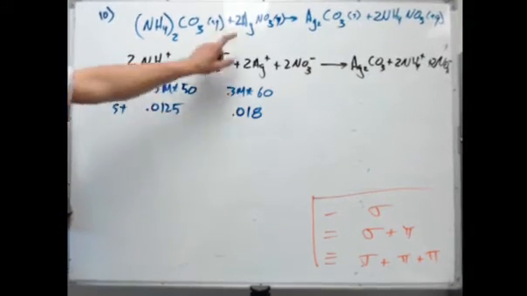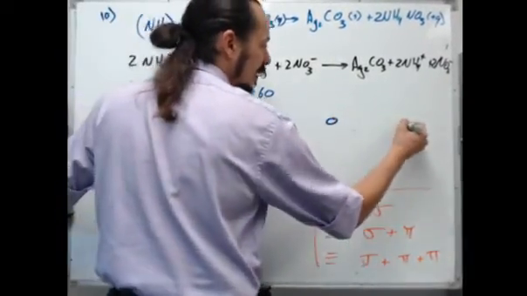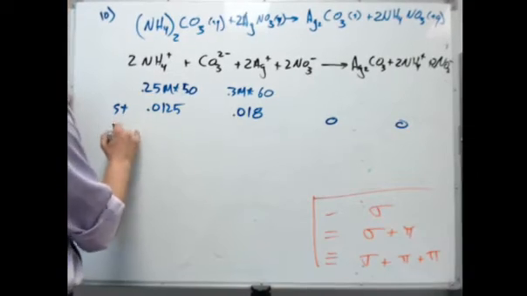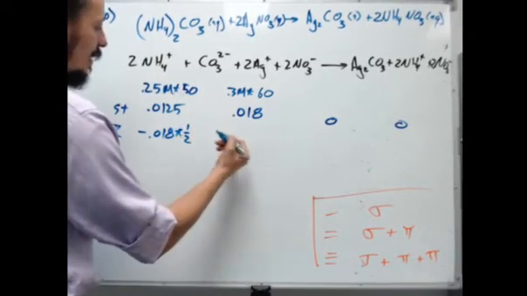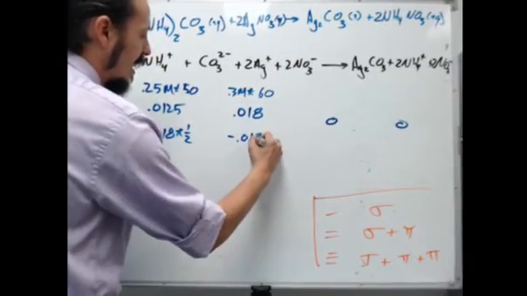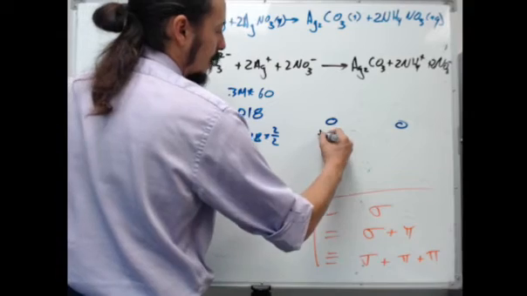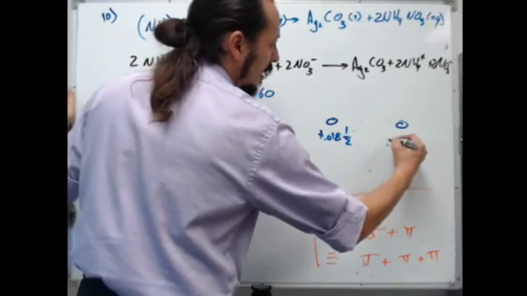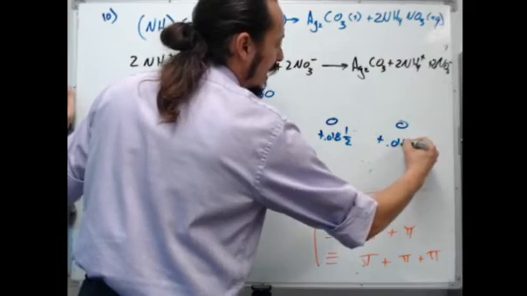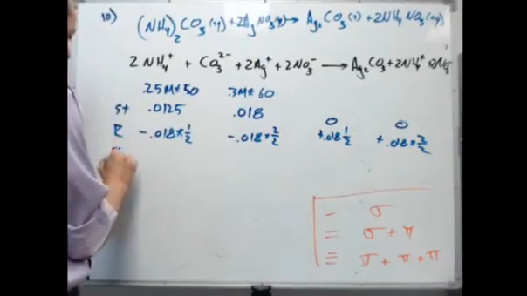0.018. It's the bigger number, but I need twice as much, and I don't have twice as much. I'm going to start with zeros here. Then I'm going to go ahead and do my reaction. I'm going to do minus 0.018 times a 1 to 2 ratio, minus 0.018 times a 2 to 2 ratio, plus 0.018 times a 1 to 2 ratio, and plus 0.018 times a 2 to 2 ratio. I get my end step